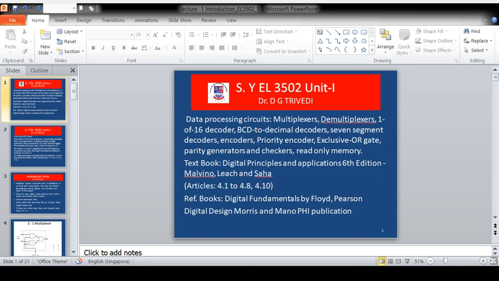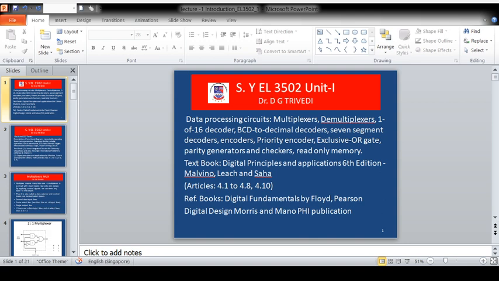A sequential logic circuit is one where the output depends upon in which order or in which manner the inputs have been applied. Even if the input is removed, the output is retained, stored, or memorized. This is called a sequential logic circuit, and from that counters, registers, etc. can be prepared. That is nothing but the flip-flop, which you are going to study next semester.